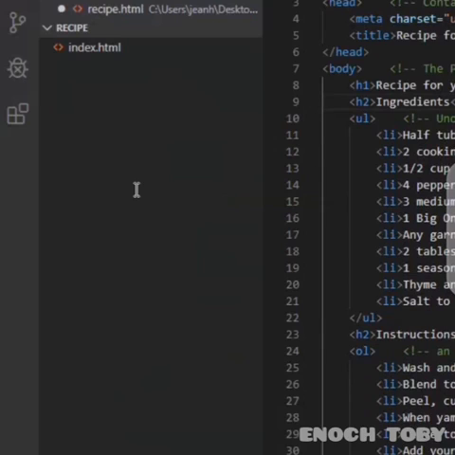Let me save it. Recipe for yam porridge. That is H1. Then the H2, I want to talk about the ingredients. So for the ingredients, I created an unordered list to write out the ingredients, and that's the first one: half